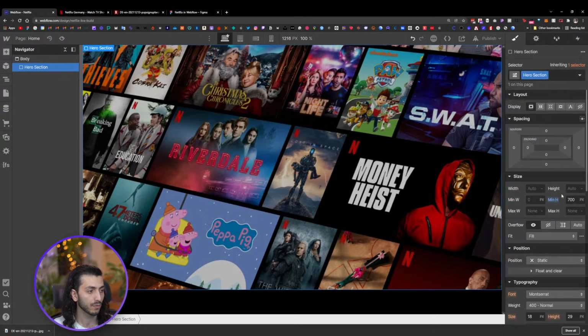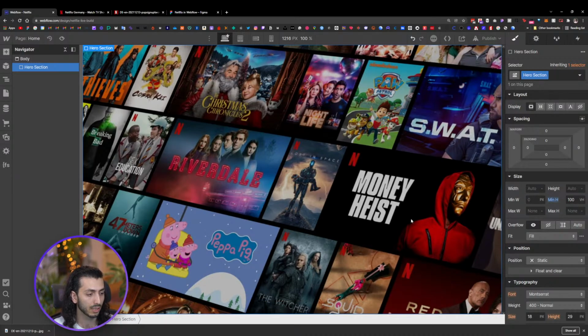Back to the question, if we can use a min height of 100 VH. So what is 100 VH? When we say 100 VH, we say 100% of viewport height. So the viewport is the amount of window space we have within the browser. And when we say 100 VH, we say 100% of that viewport available. So it's not related to the parent or the body, it's just the whole viewport size available in the browser. We can definitely do that. And if I do that, it will be always